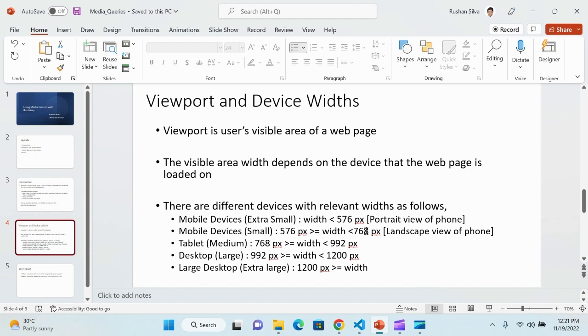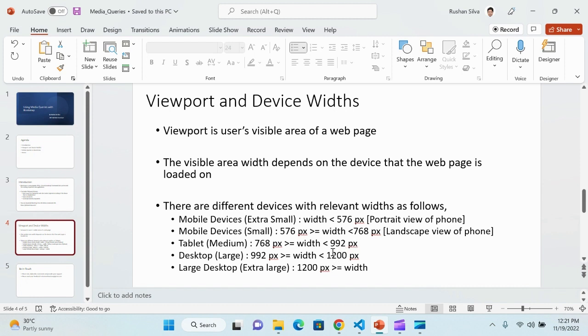Then when it comes to the landscape view of a mobile phone, it has a width which is greater than or equal to 576 pixels and less than 768 pixels. Then when it comes to medium size or tablet PC,